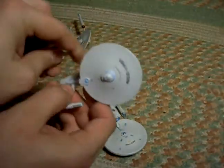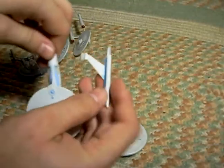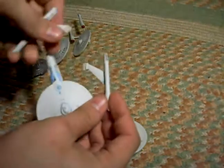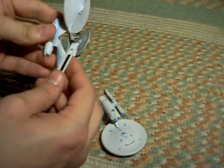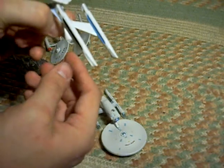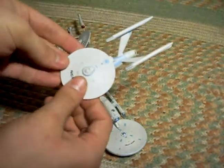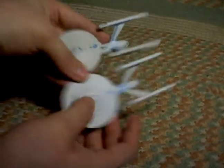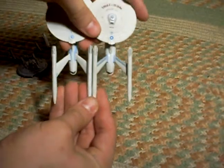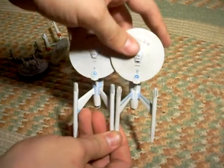And this one is the same as the original Constitution class. It splits up like that, and they just plug into the side of the secondary hull there. And the same thing with these two. You line up the back of the warp nacelles